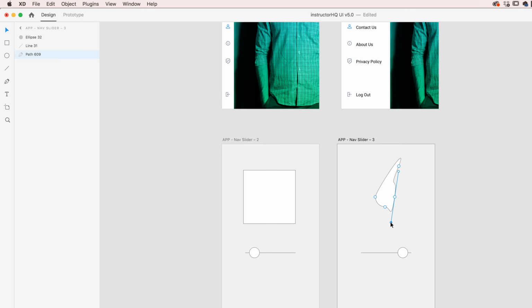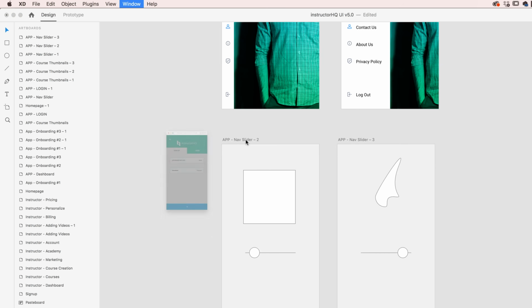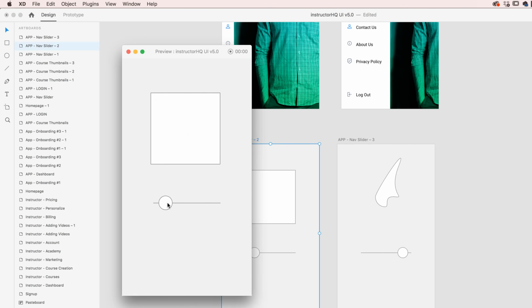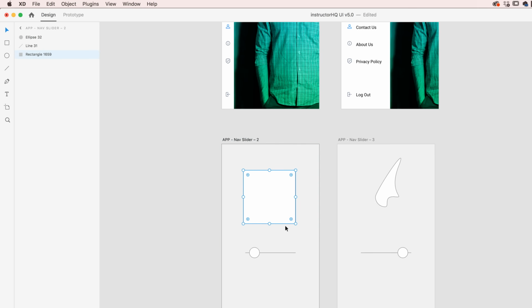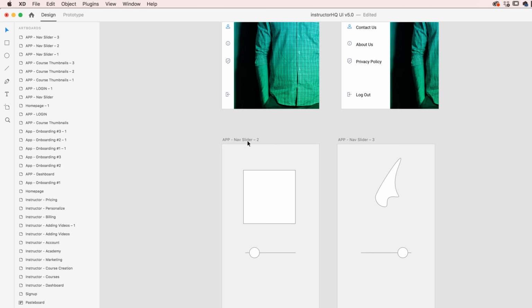Why? Because it has different names. It's now being called path 609. Preview, wrong one, preview, slider, it doesn't know what to do. This guy here can't go from primitive to path, but if this guy's a primitive as well, so Command 8 or Control 8 on a PC, it's still not going to work. Why? Because he's path 610 and he's 609. So I'm just going to rename this fella 09, and hopefully now